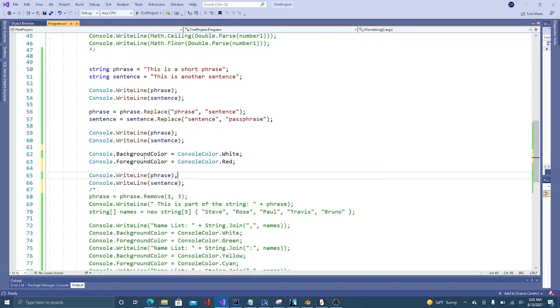So we're going to change the background of each string variable by replacing the default background with a